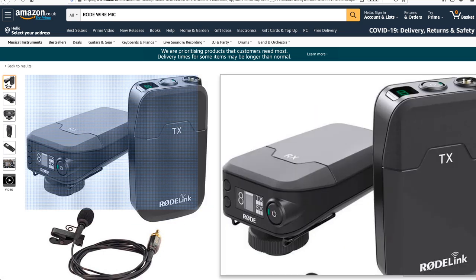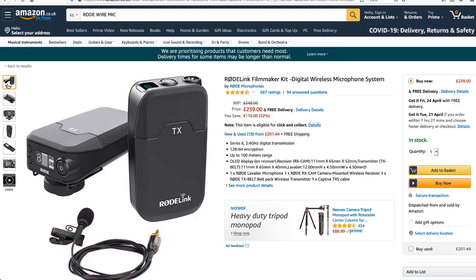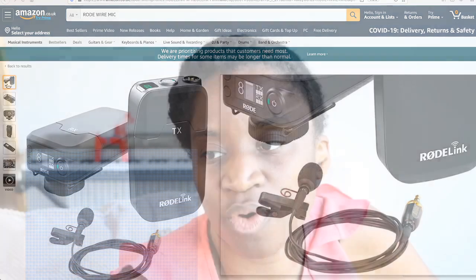So I mean, you've got to weigh up the options, to be honest. You've got to weigh up the options to see whether it's something that you would want to get, something that you need in your kit or not. So if you have any questions on the